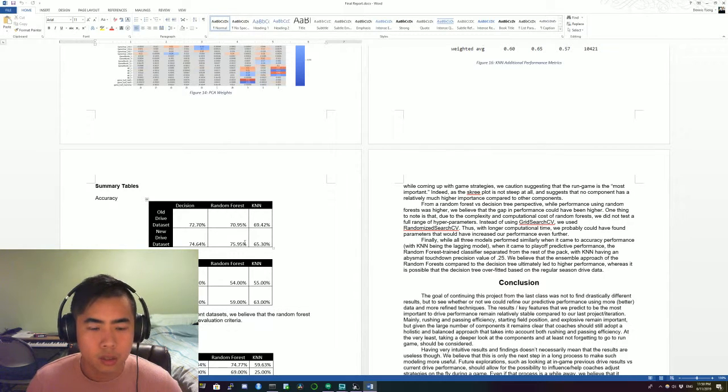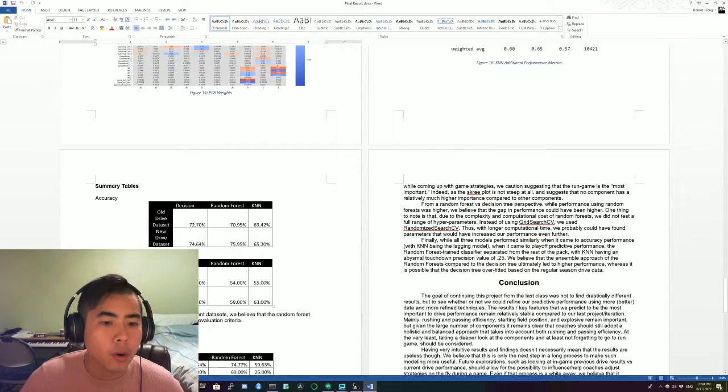Otherwise, I think the overall accuracy and the overall precision would probably be markedly higher than it is comparatively right now. KNN performed a little bit worse overall with accuracy, but a slight uptick in touchdown precision.